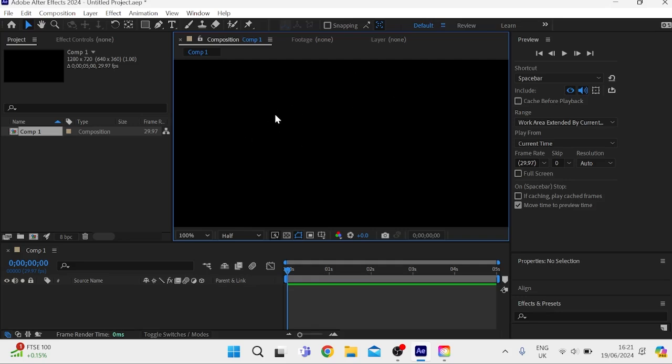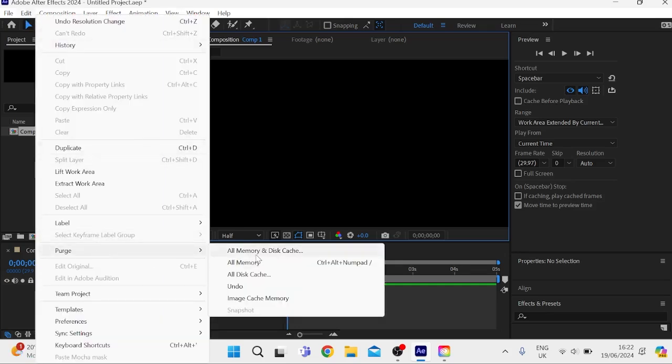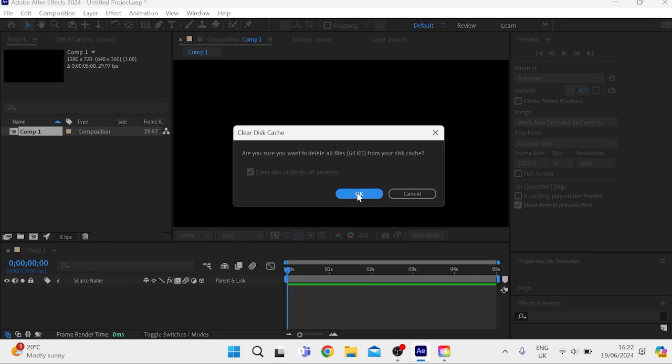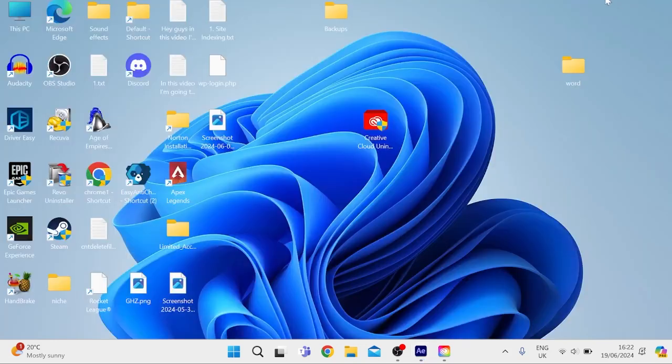And another thing you want to do regularly when you're using After Effects is come over to Edit, then come down to Purge, and you need to select all memory and disk cache. Then we can just press OK to this confirmation message, and it's good practice to do this regularly when working throughout your video. Now that should have already sped up the application, but another thing we can do is head